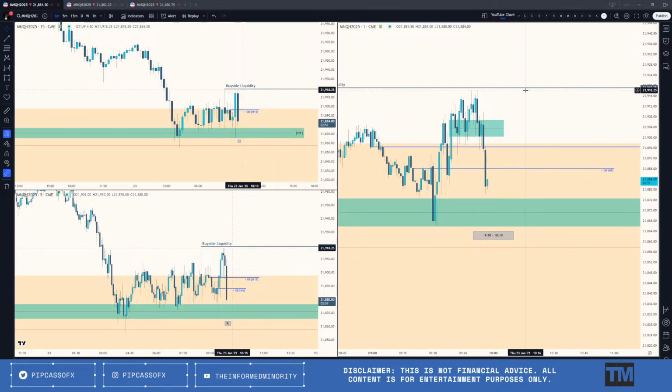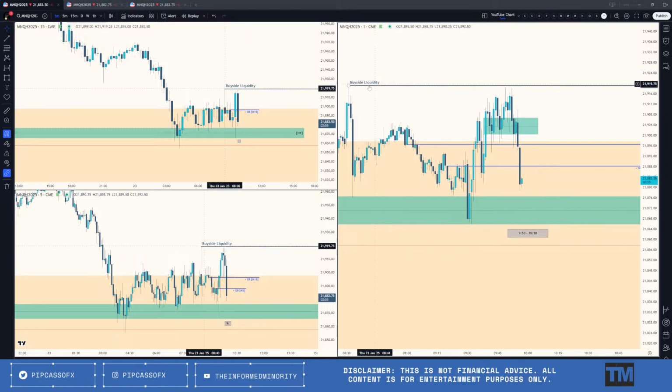So we ran up. We were unable to take out this buy side liquidity at all. It was being held a little bit. We have Dow trading higher. NASDAQ went lower one more time. And ES is still holding the same thing. ES is still holding its 15-minute order block. This could have just traded deeper.